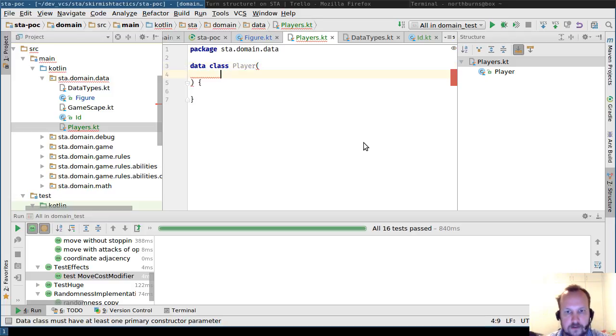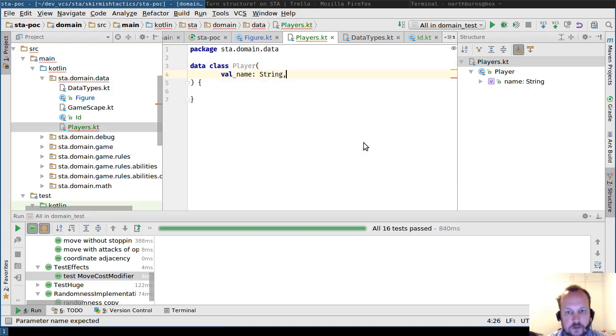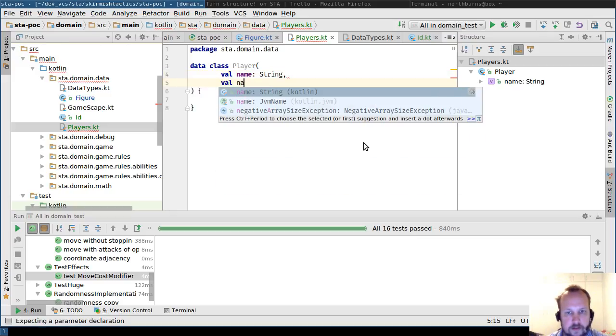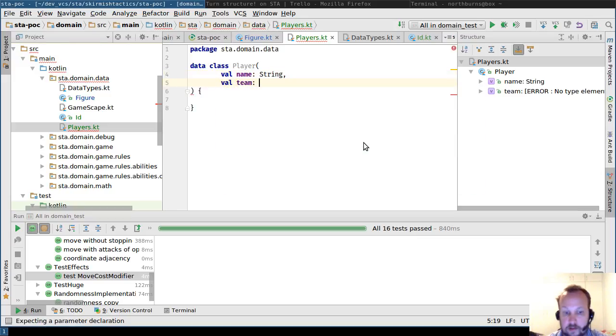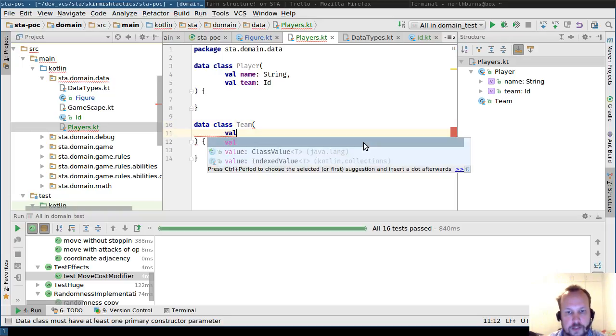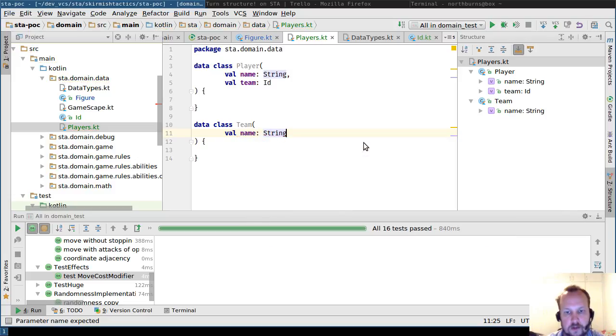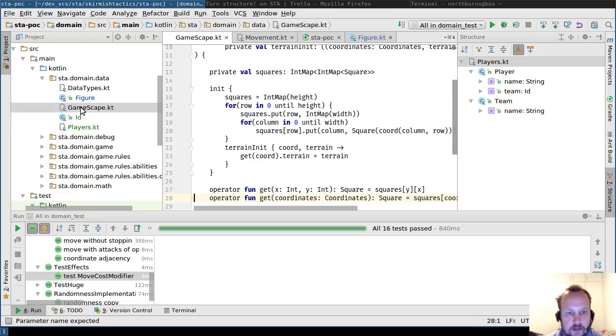Players have a name, fine, sure, why not? And they have a team, which is an ID. And then we have team, which has a name. Why not? Okay, well, this should do it. And finally, let's